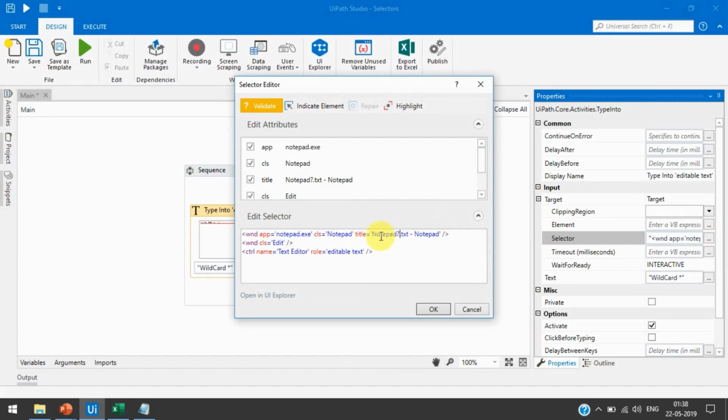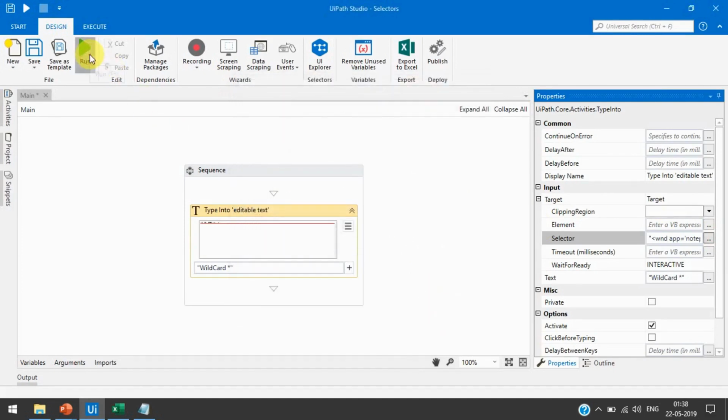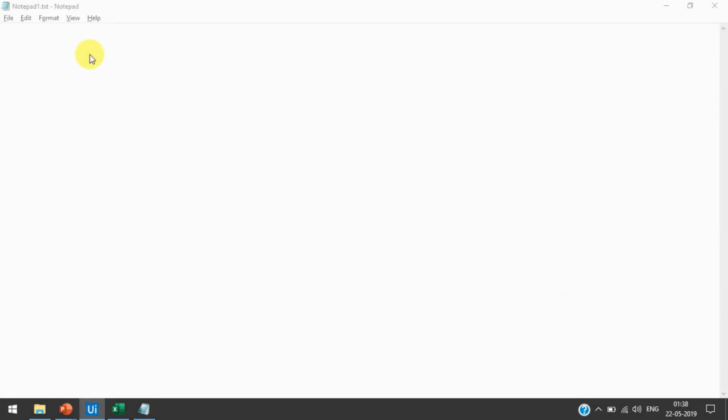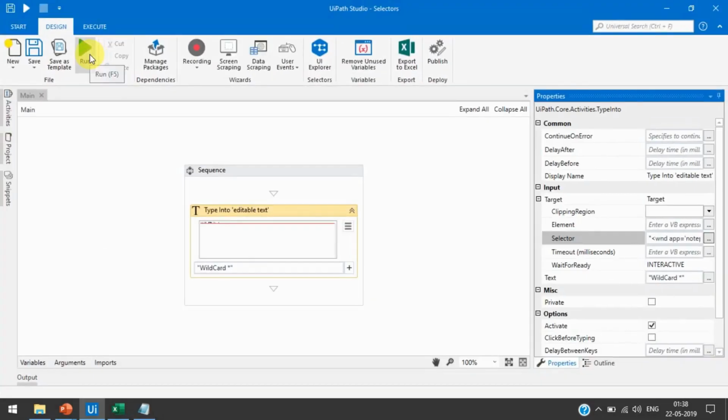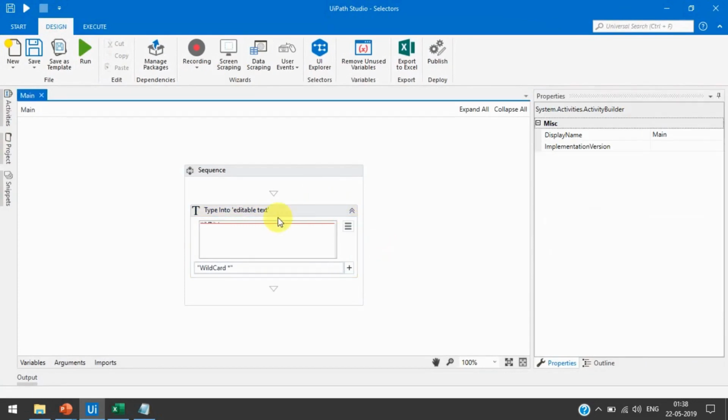It means if the file name is notepad 1, notepad 2, notepad 3, whatever will be there, it will work. Let's run this. Now you can see it has worked, because we have used the question mark to replace one single character. So this way we can use wildcards in our selector.